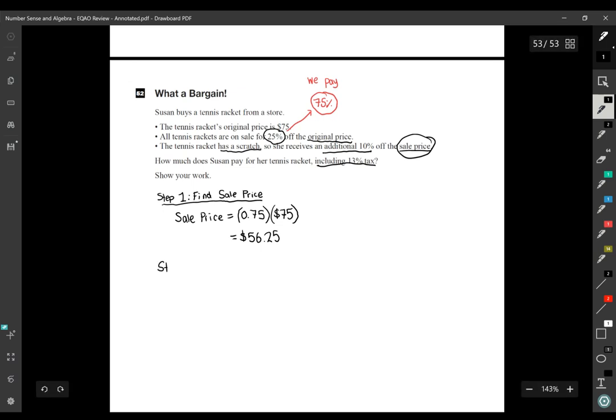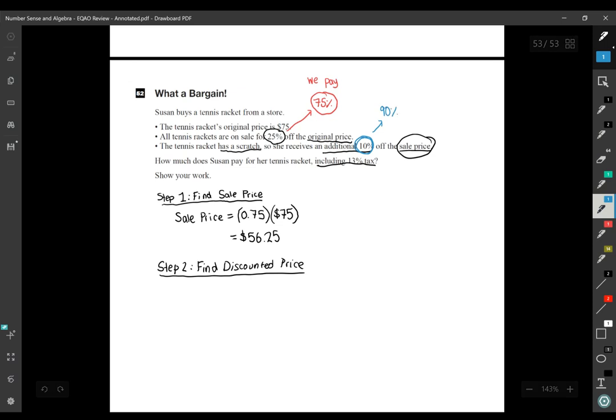So step two, find the discounted price. So this is our sale price with the additional 10%. Again, if we save 10%, we pay 90%. Okay, we pay 90%. So that means our new discount price,